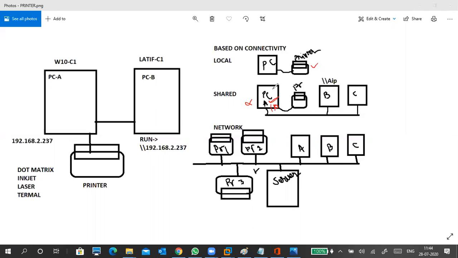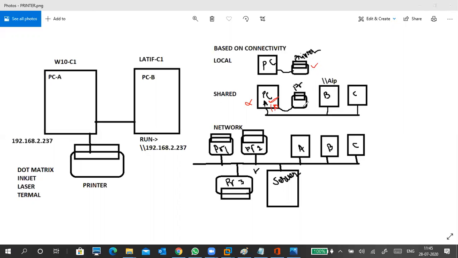So to solve this problem, if you have a large number of hosts or PCs to take printouts, like at an enterprise level, where 100 or 200 or 300 PCs are there in a single network, right? So what happens? We should not depend upon a single PC. We want to take a print directly without contacting this PC. So what we are using is, we take a printer and we connect it directly to the network.